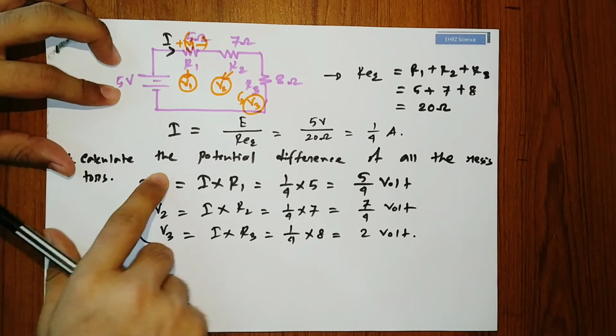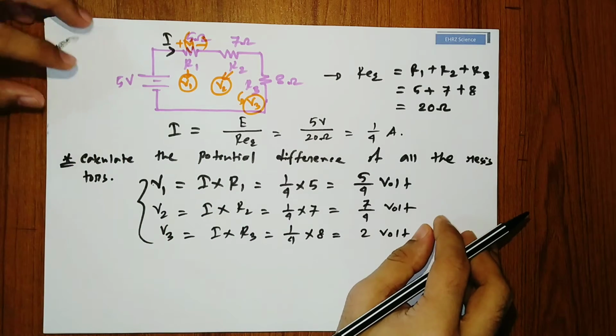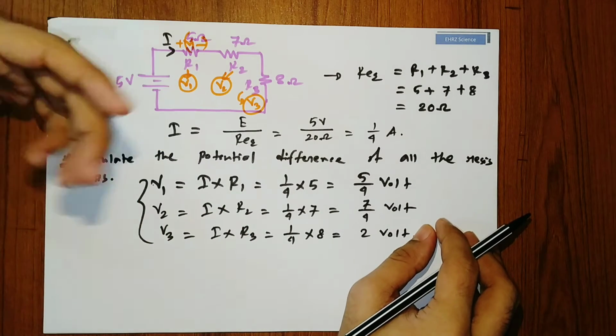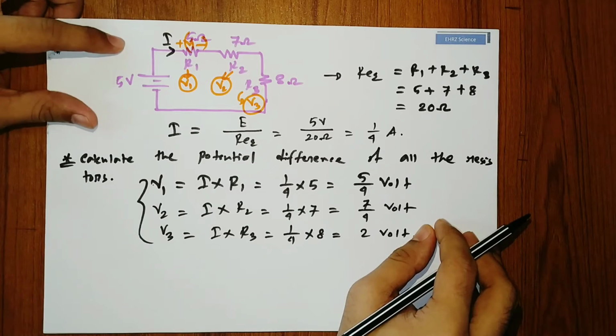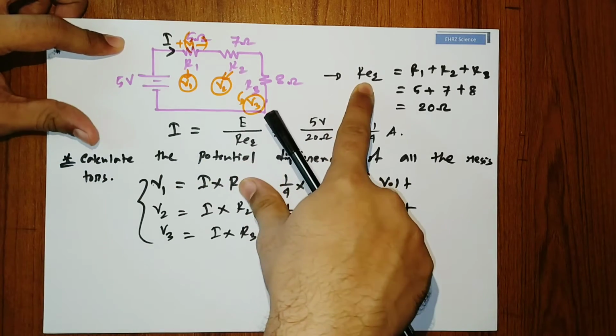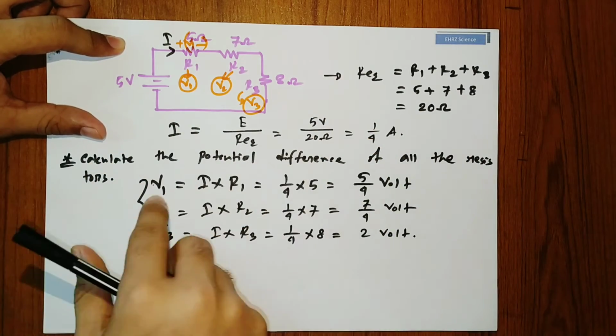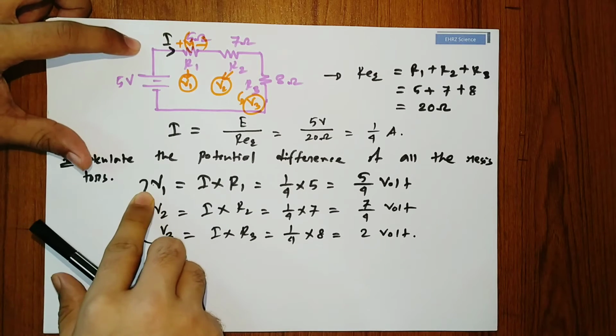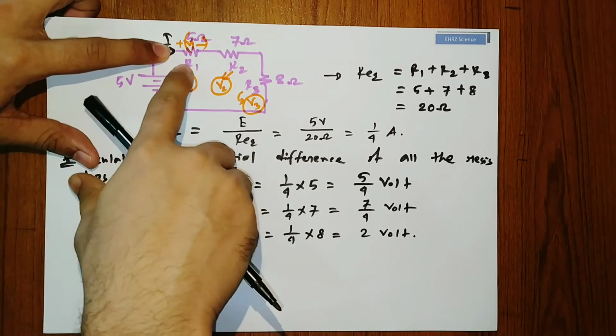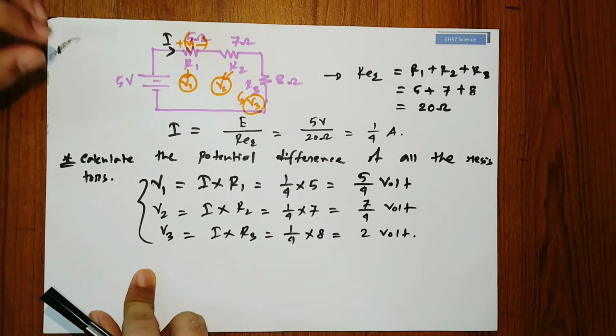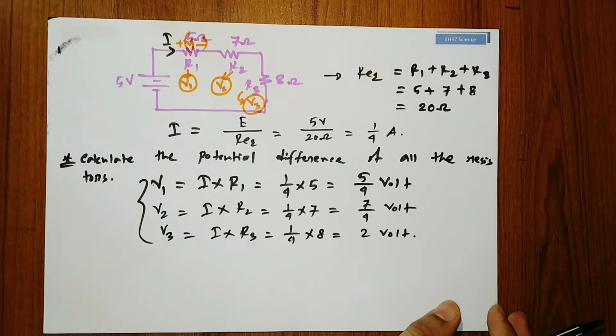We had to do a very detailed, bulky task here. At first we calculated the equivalent resistance, then we calculated the electric current. After that we were able to calculate the potential drop across these three resistors. But students, there is a very important formula, or rule, specifically, that rule is